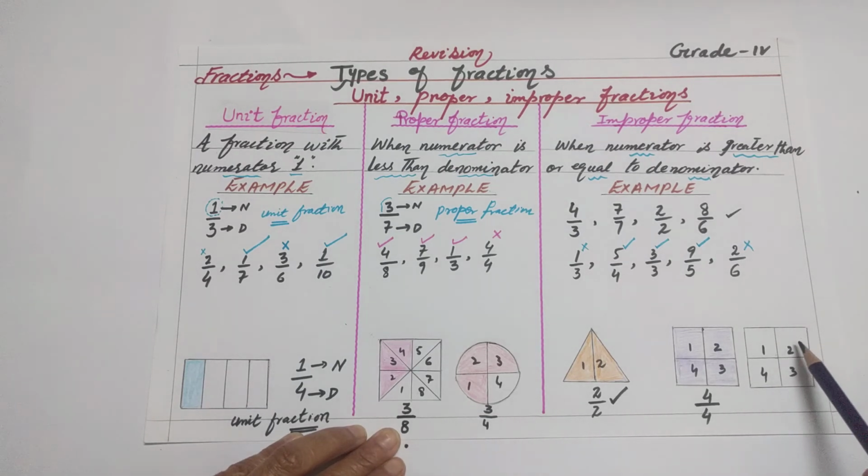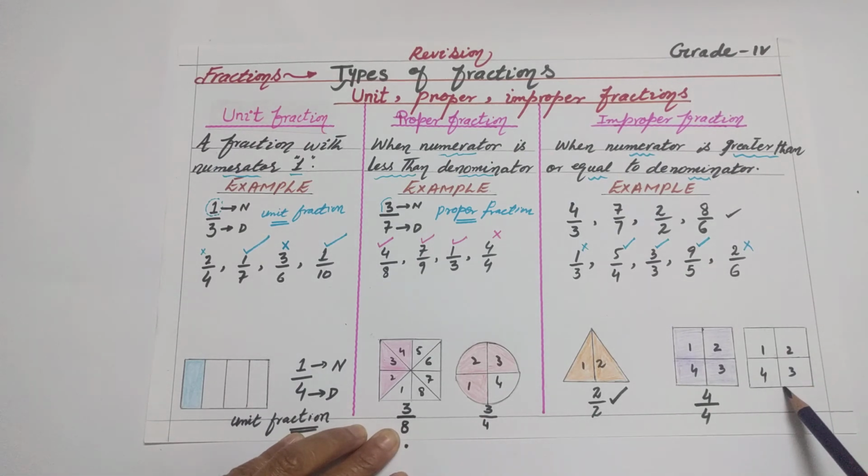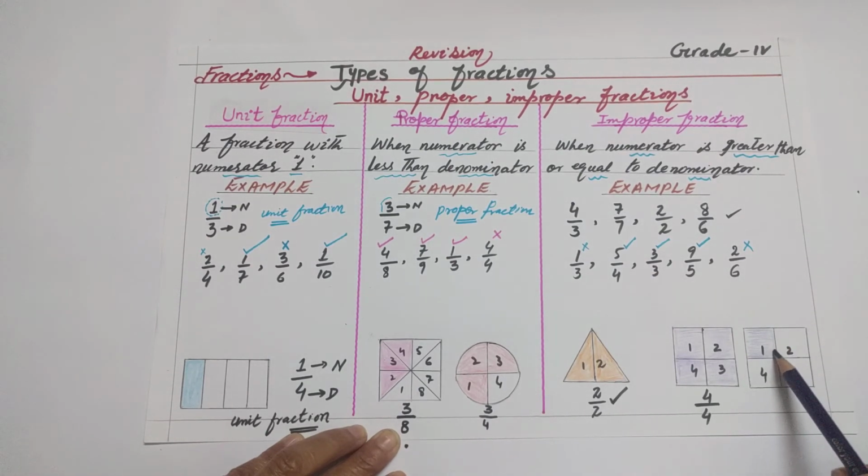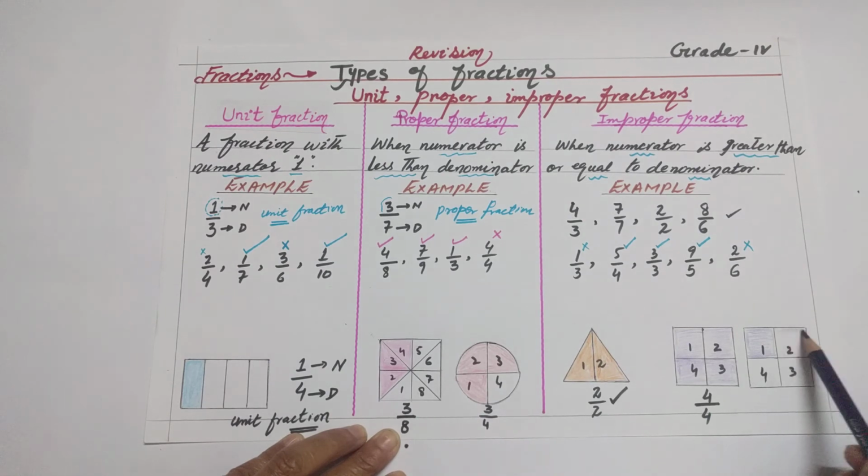Again, when I use one more cake, one more square, I will cut this cake into 4 equal parts because I want to share this cake equally. That's why I will again cut this cake into the same equal parts with the same size. Now from this second cake, I will use only 1 and 2 parts. I will just use 1 and 2 parts from this second cake.